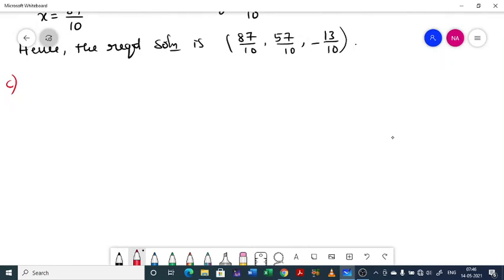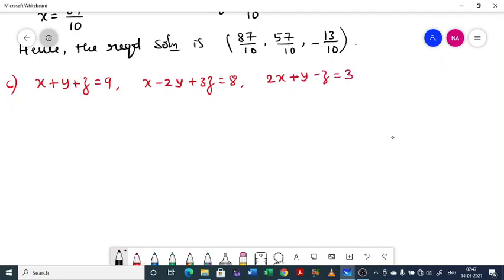So problem C, the given statement is x plus y plus z equal to 9, x minus 2y plus 3z equal to 8, 2x plus y minus z equal to 3. Solution. So the augmented matrix is A colon B equal to